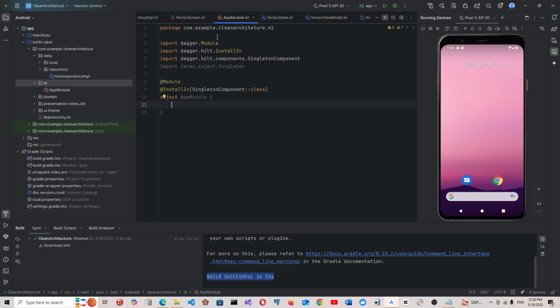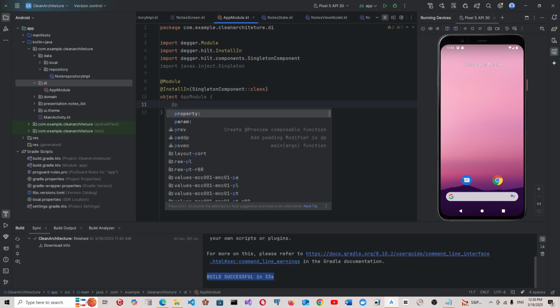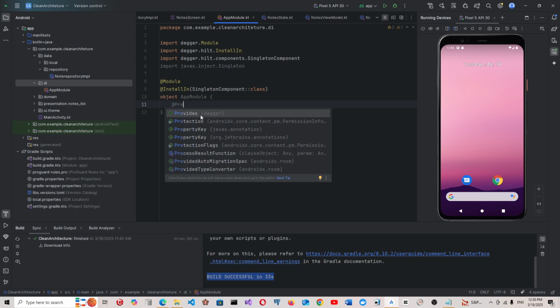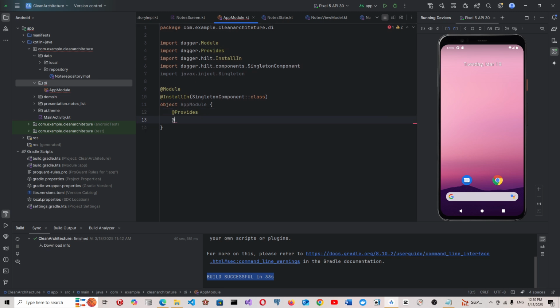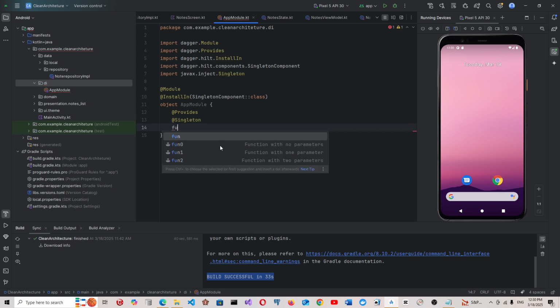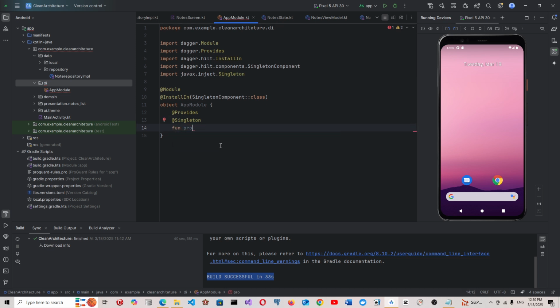So we provide this, Dagger provide, this is singleton, and function provide nodes database. So that abstract class needs to be instantiated into a physical room database, and this will